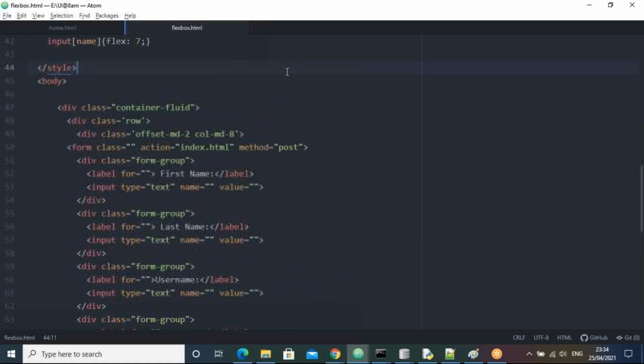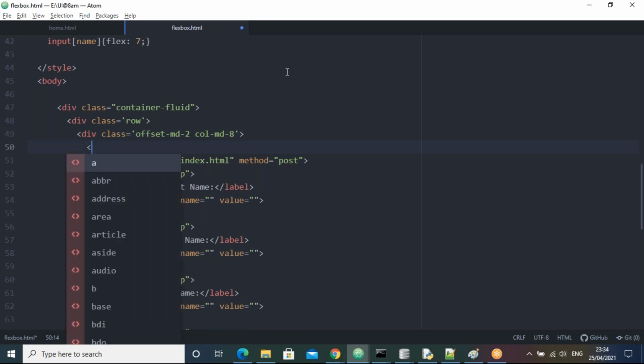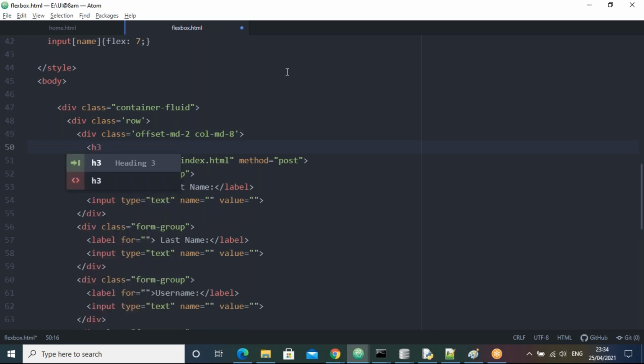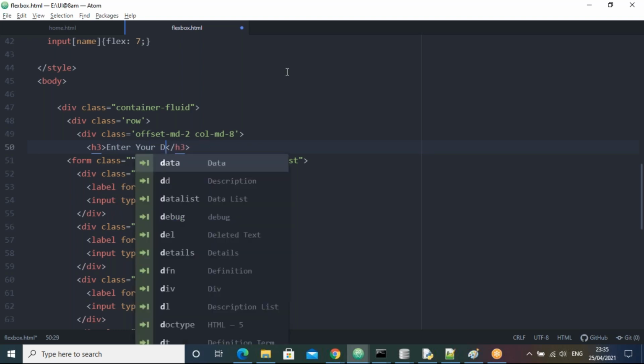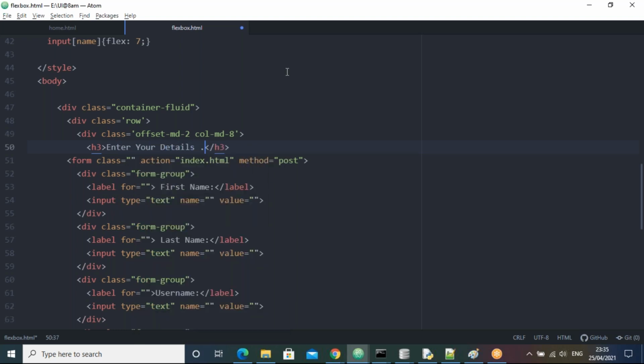Okay. And for the heading, for example, I take an H3. Please enter your details, something like that. That's enough, right?